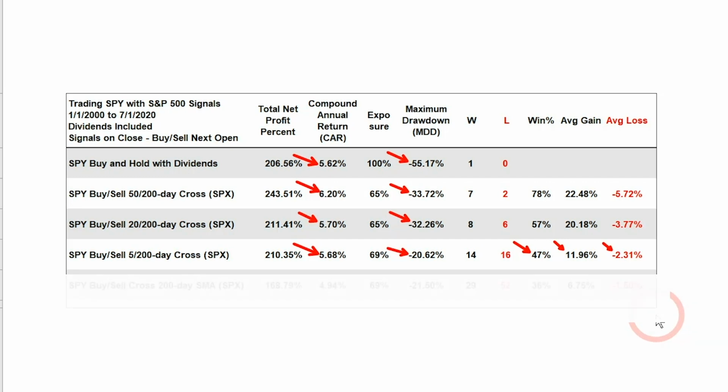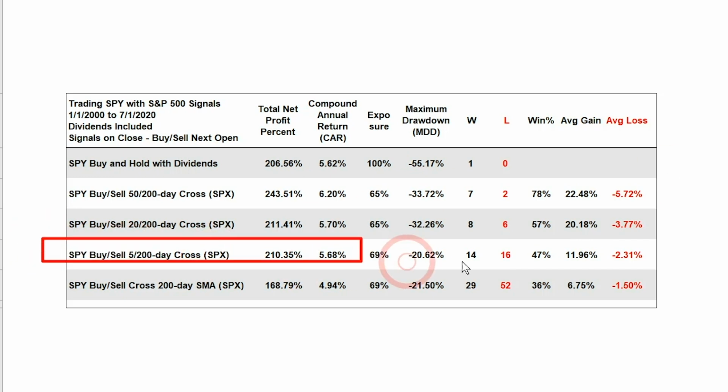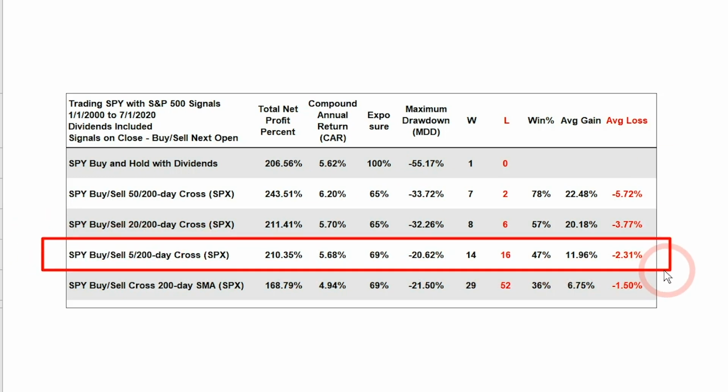Now you need some sort of moving average for smoothing because if you just go to a cross above and below the 200-day, you get a 5% return, the lowest of the group. You still get a 21.5% drawdown, and you get a much lower win rate because you're getting a lot of whipsaws. There you can see that low average gain. So I think that the sweet spot for this moving average system strategy here would be the 5-200 cross for